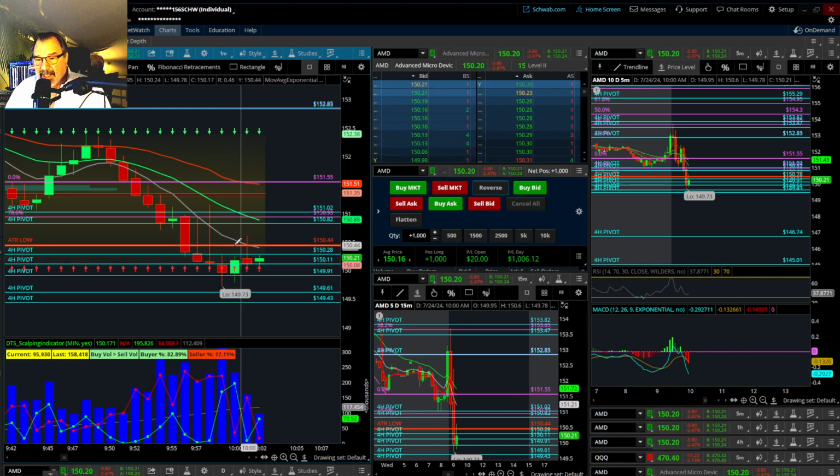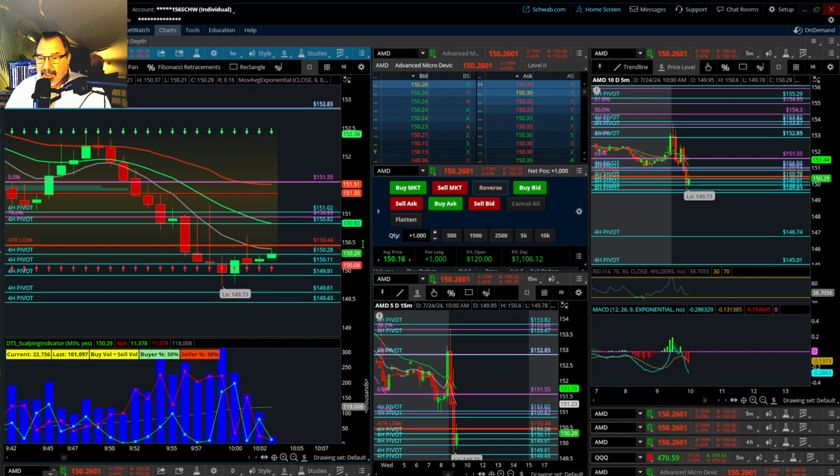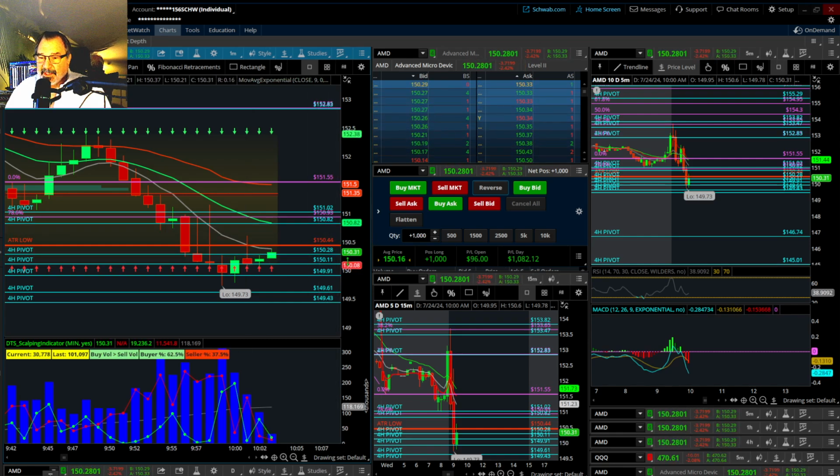So I'm using that along with the fact that this outer value of the volume profile is giving us some confidence to stay in the move. So there it goes. So now I have to think about, do I get right out at the ATR again? Now it did go a bit higher. It went up to 60 cents. So let's see if it does that again.